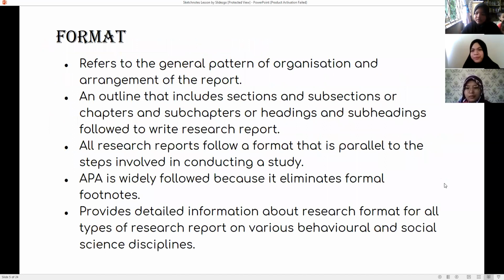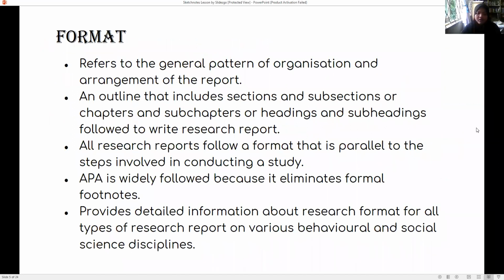Okay, next we'll go to the format of the action research. The format refers to the general pattern of organization and arrangement of the report. It is an outline that includes sections and subsections, or chapters and subchapters, or headings and subheadings, whichever you call it, followed to write the research report.